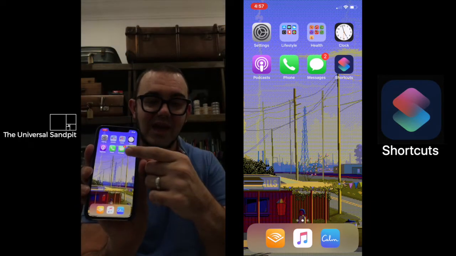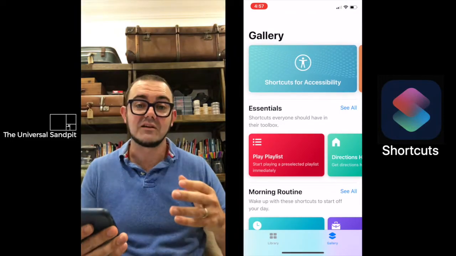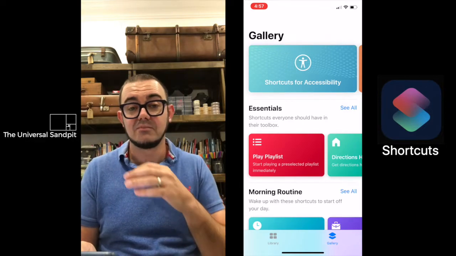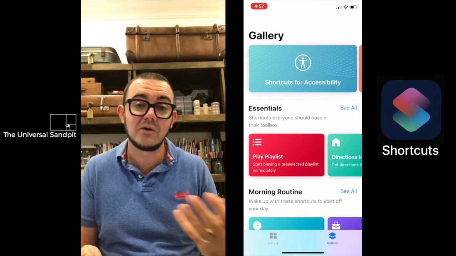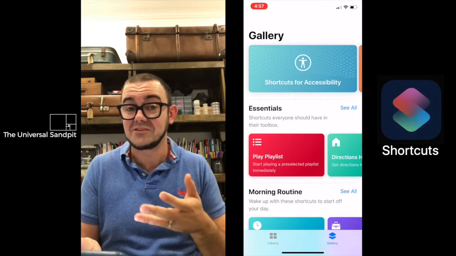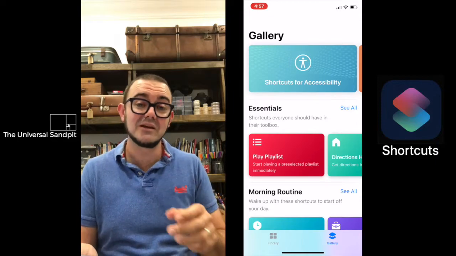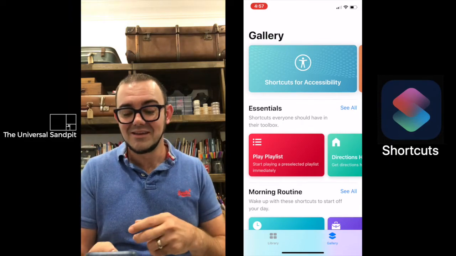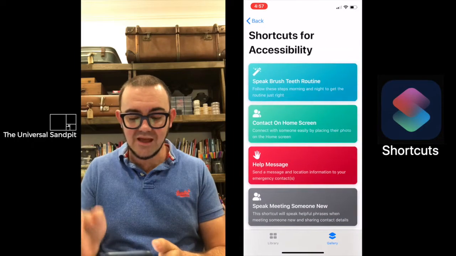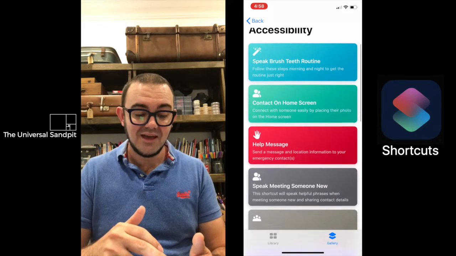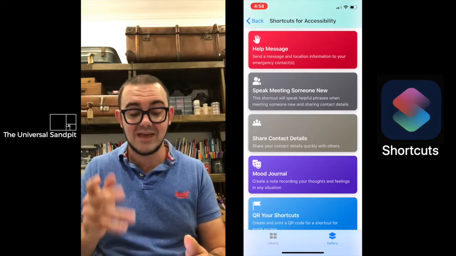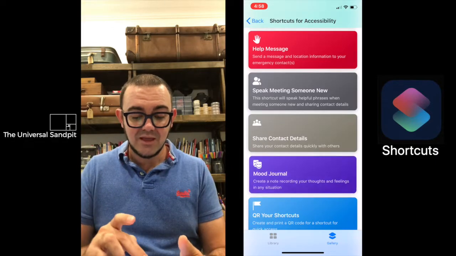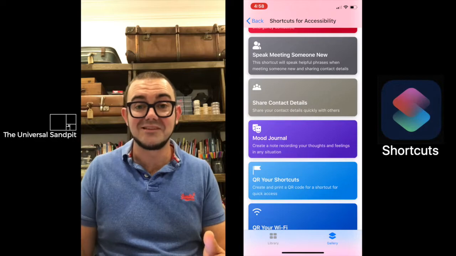And within the Shortcuts app, there is a gallery of curated shortcuts that fit in with particular themes or particular things you might like to do. And something that's incredibly cool is there is an accessibility gallery within Shortcuts for Global Accessibility Awareness Day. And so if we go into that, we can have a look at all the shortcuts that are there. And if you see one that you like, you can just tap on it and add it to your gallery of shortcuts. And so I just thought I'd show you a couple that really stand out for me as being